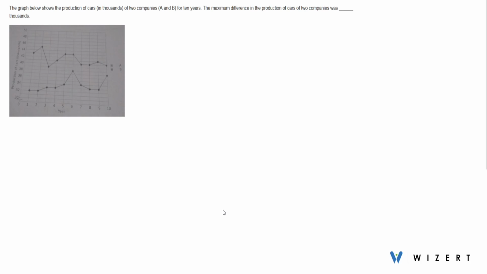According to the question, the graph below shows the production of cars in thousands of two companies A and B for 10 years. We have to find the maximum difference in the production of cars of the two companies. In order to get the maximum difference, we need to find the relatively higher value of production for company A and relatively lower value of production for company B. So